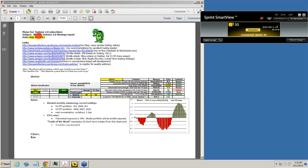This is a review of the weekend trading report for August 10th, 2013. We have a market that is still in bullish quiet conditions on an annual basis. Looking at weekly RSI 14, we're at 68 out of 100, or the high end of neutral. On a 10-day basis, using the 10-day NDX, we're at 52 out of 100, so right in the middle of